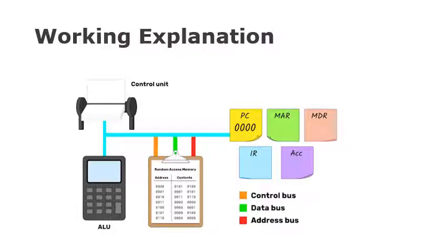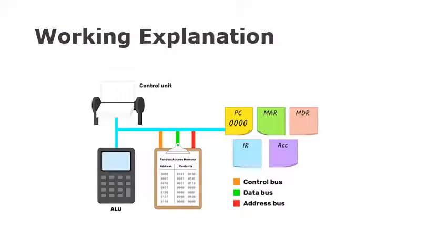So assume that the program counter starts at 0000. This means that the first address in RAM where the computer will look for an instruction is at 0000. I will repeat it. If the program counter holds 0000, this means that the first address in RAM where the computer will look for an instruction is at 0000. If the program counter holds 8000, then the computer will look for an instruction at 8000. Okay.